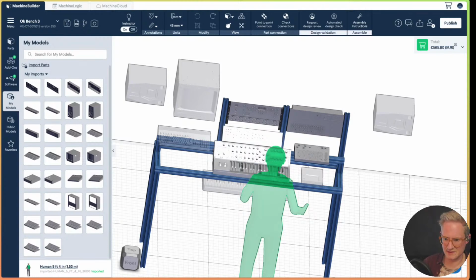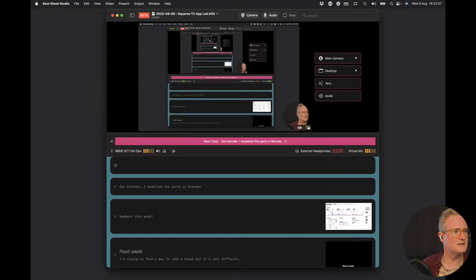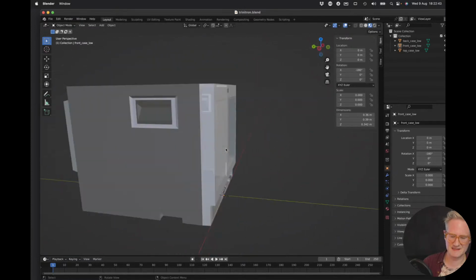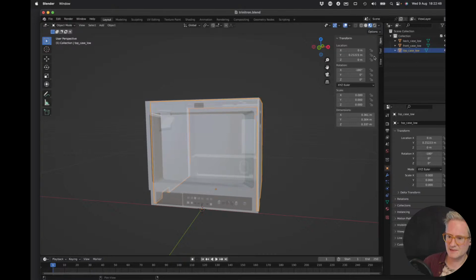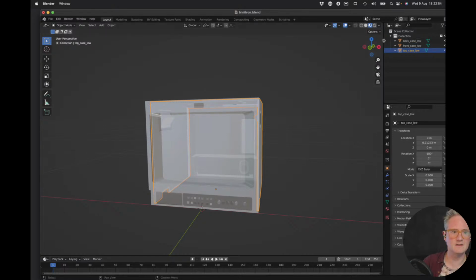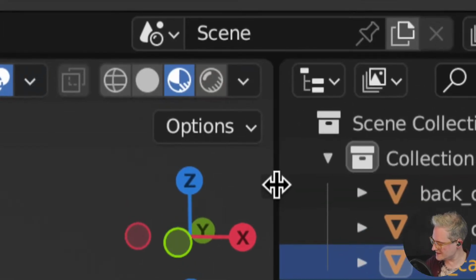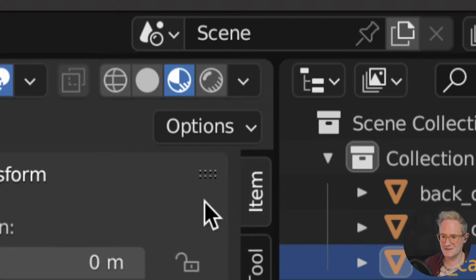Let me just go to my desktop. I'm going to go to my normal desktop, because I was doing a window share, but I want to show you Blender as well. So here's Blender. I found this Sony TV on Sketchfab, and in Blender there's a secret side menu that you've got to know about. If you want to know the actual dimensions of something, there's a secret side menu up here, this little arrow. If you click that, you get the item, and then it gives you the dimensions of your